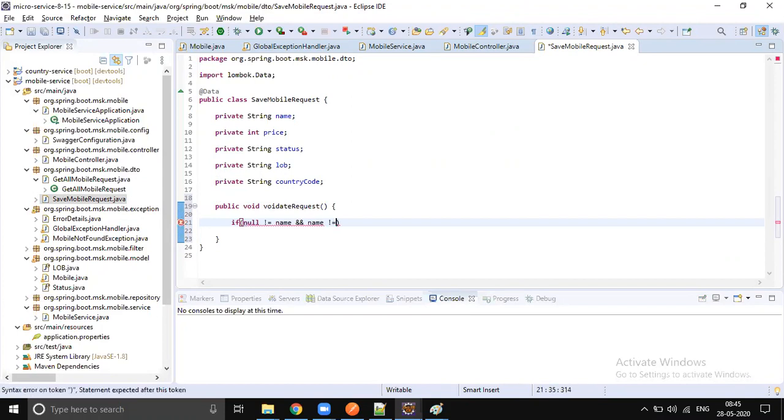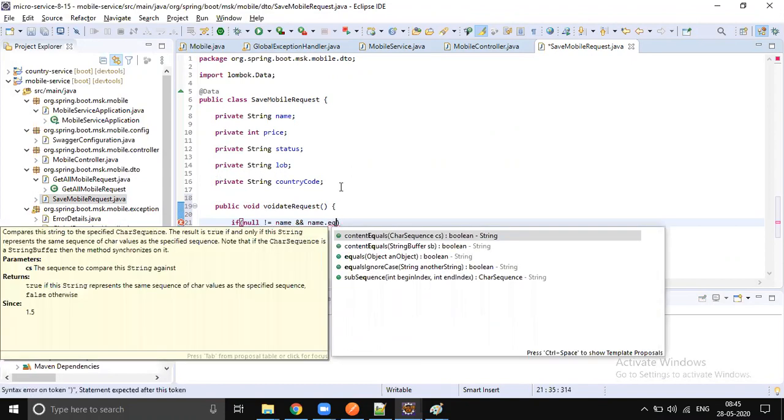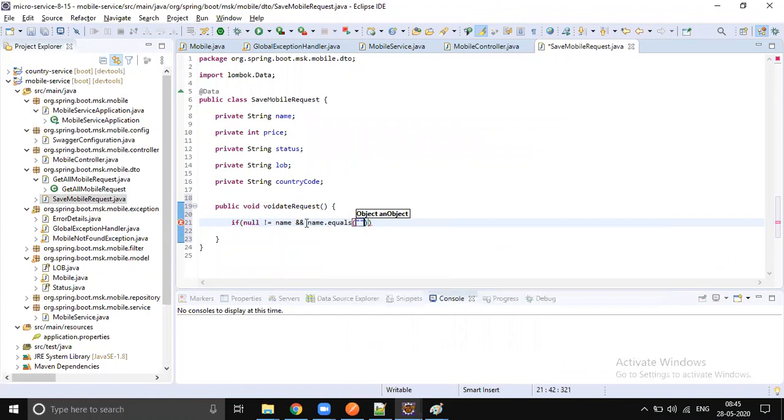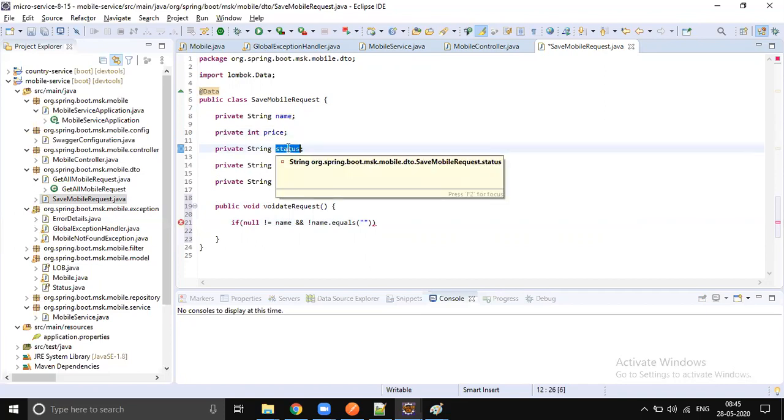Okay, don't use this operator for equal check; you should always check equals. It is not null, not empty. Then let's go inside, one more if condition: if price is not empty, not zero, not less than or equal to zero. Then go to status, check the status, not null, not empty.